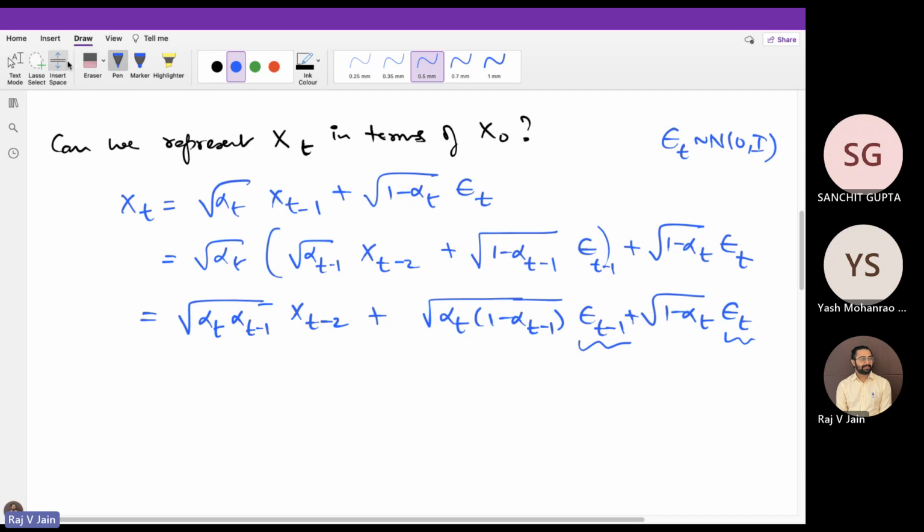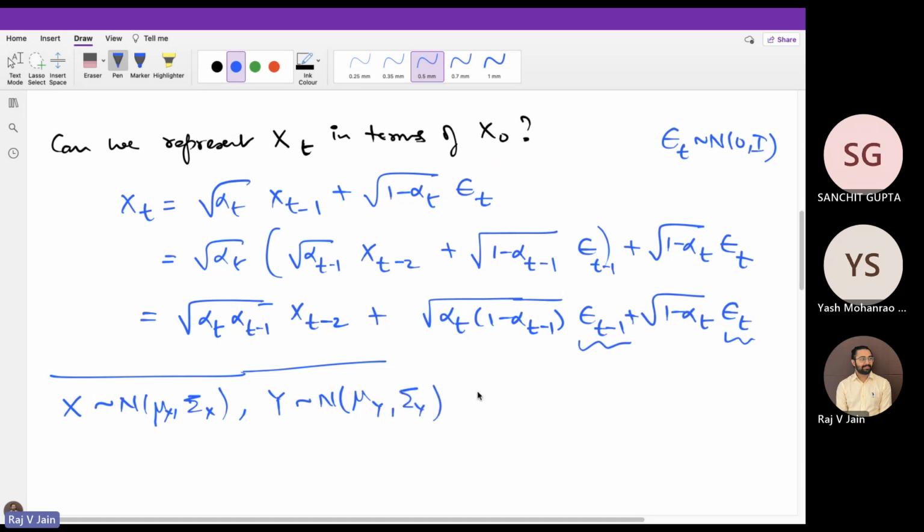Okay, so I'll just mention a result here and then we'll go ahead with that. Let's say I have two Gaussian distributions. X is a Gaussian distribution with mean mu and variance sigma X, and Y is another Gaussian distribution. If X is independent of Y, then the sum of these two